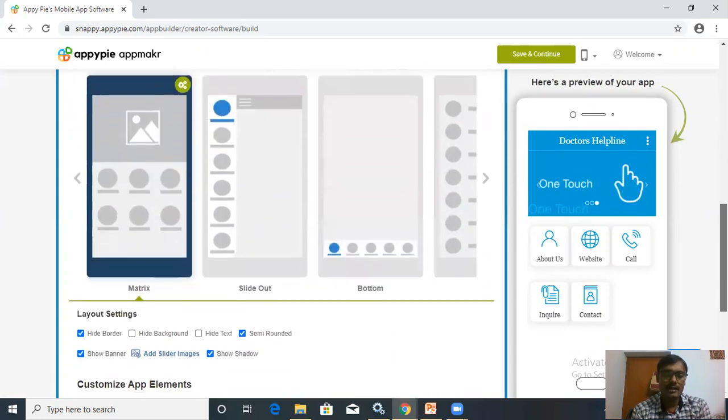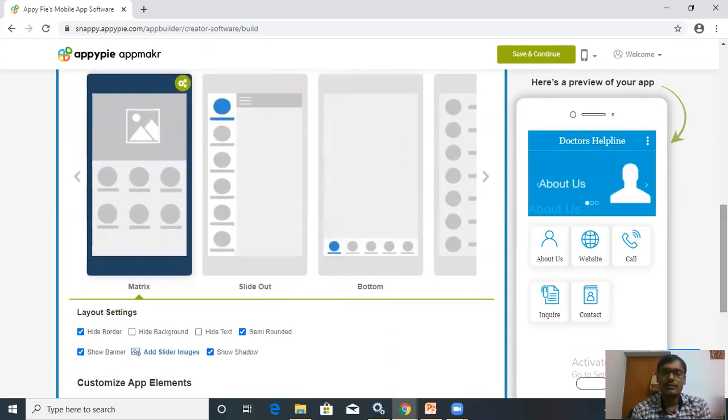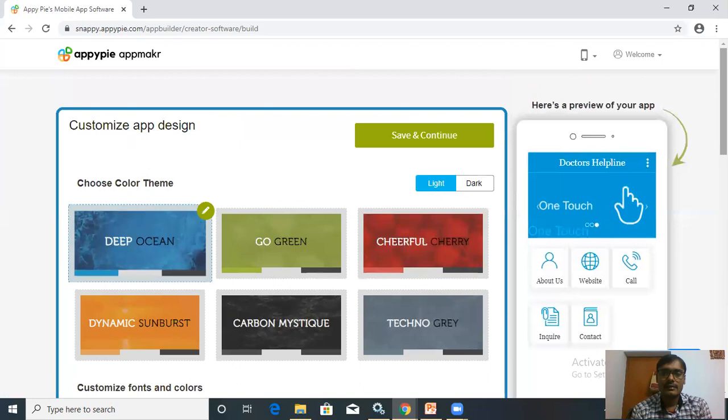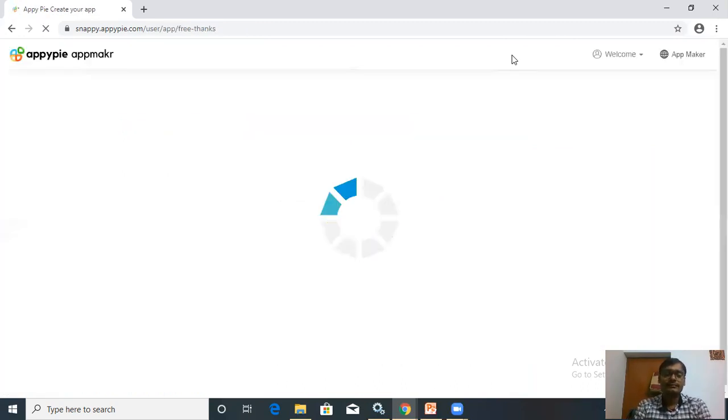Customize your app layout. So according to your requirement, you can do the following changes, and then you have to click on save and continue. It will lead to the next page. It will take a few seconds.